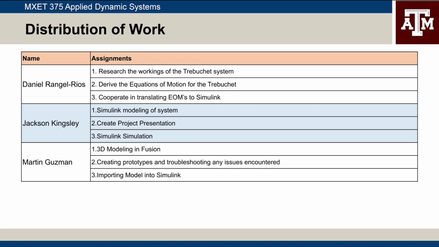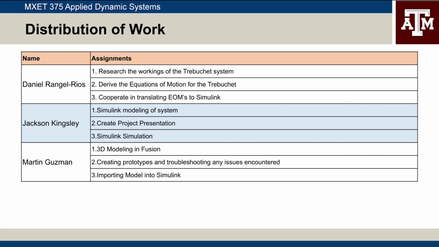All right, and so then that leads us into our distribution of work. For this project, there were three main categories of tasks that needed to be done. There was the research and the equations of motion, the Simulink modeling, and the 3D modeling within Fusion. And so Daniel is going to work on researching the trebuchet system